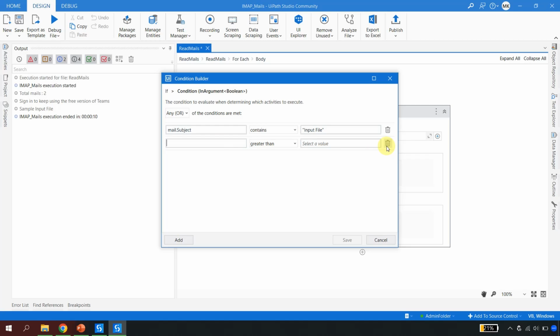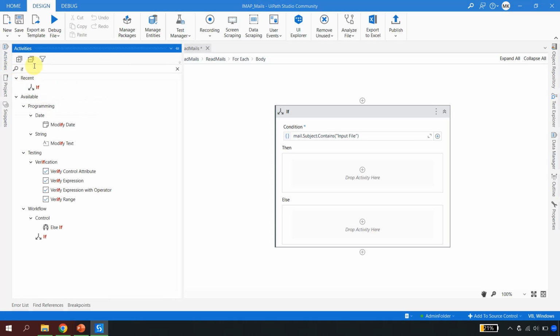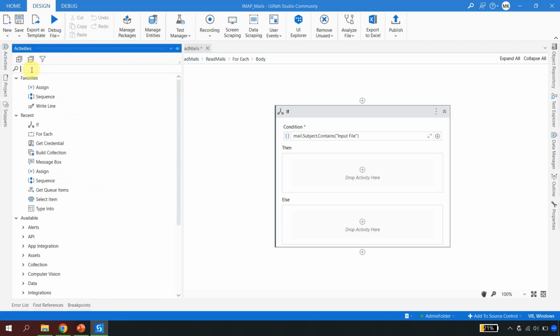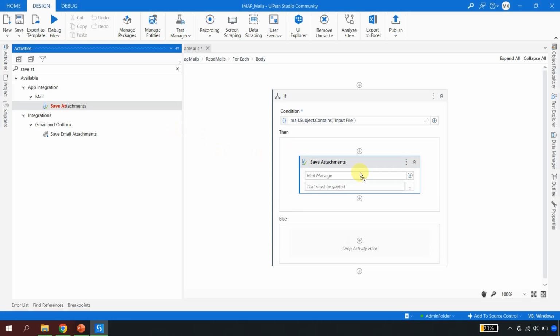So this we have explored in the update series. Feel free to explore this thing which is called the condition builder, and this is an update of 2022.10, right? So for us, if mail.subject contain input file, I simply want to download the attachment, let's say, right? So to download the attachment, I have an activity called save attachment inside the email. Drag and drop this activity in the then part, because if the condition is satisfying, then only I want to